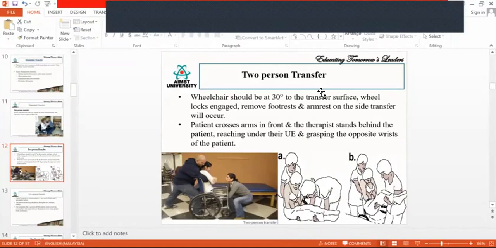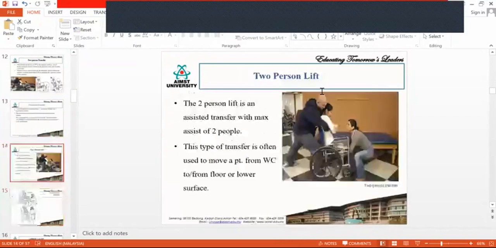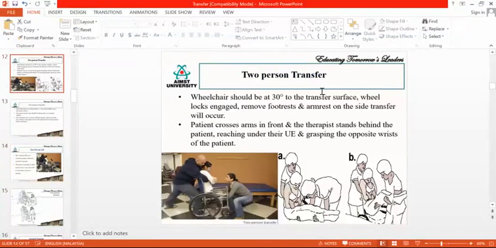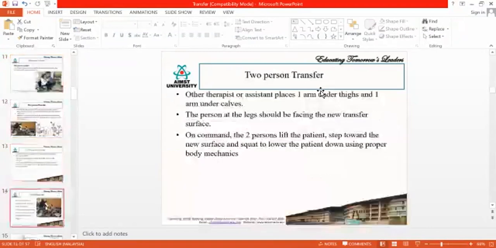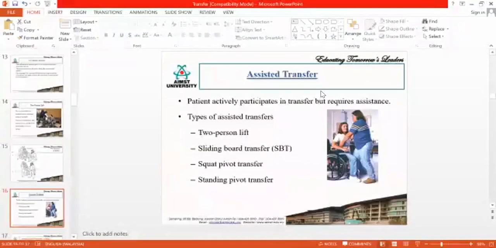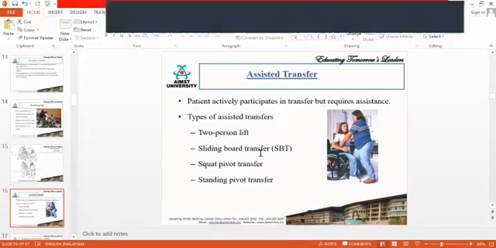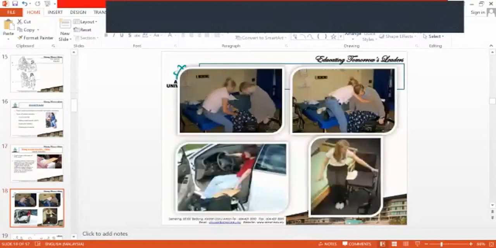Okay, if the person doesn't balance at all, then you will be going with 3%, 4% or 5% transfer. Okay, so depending on the patient's ability, you will decide. So slowly, once the person has become a little independent, then you will be starting with the sliders. Okay, sliding board. Then slowly you will start with the pivot transfer. Okay, so I'll show you the pivot transfer now.